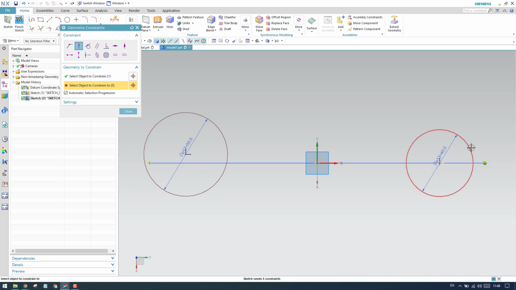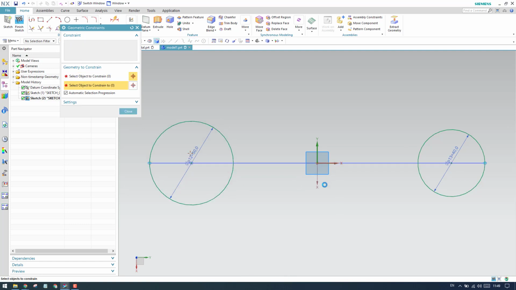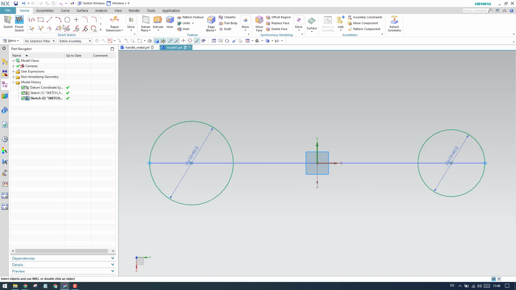So this point should be on this curve, and this point should be on this curve. Now I also want this point to be on the x-axis. So this point should be on the x-axis. In the same way, this point should be on the x-axis as well. So let me draw an arc here. This arc should start from this point, and it will go until this, and we have an